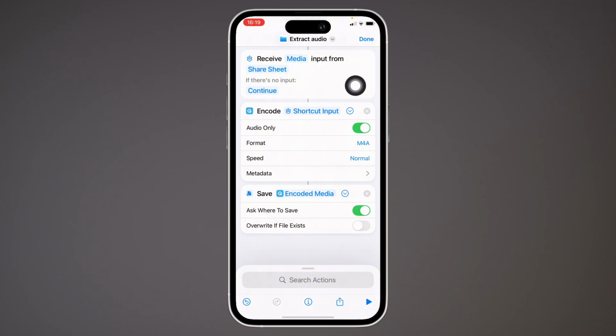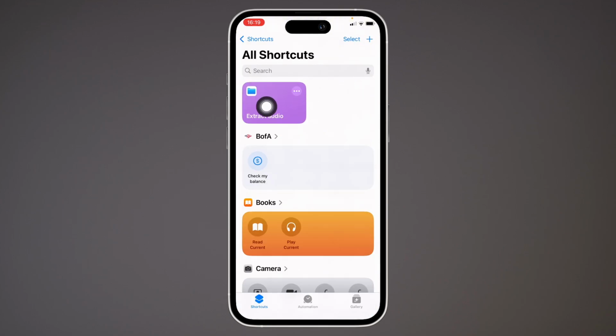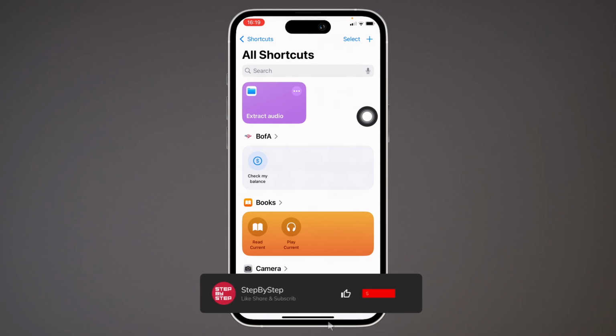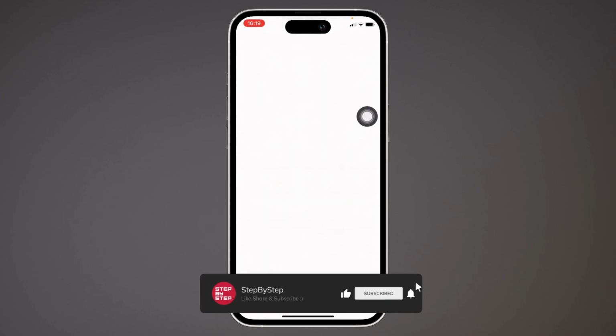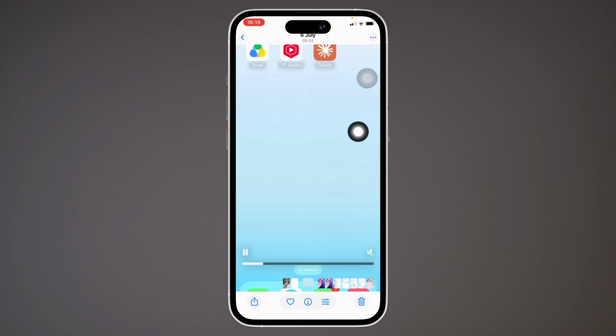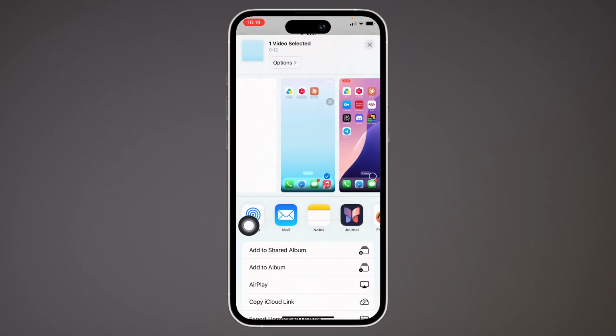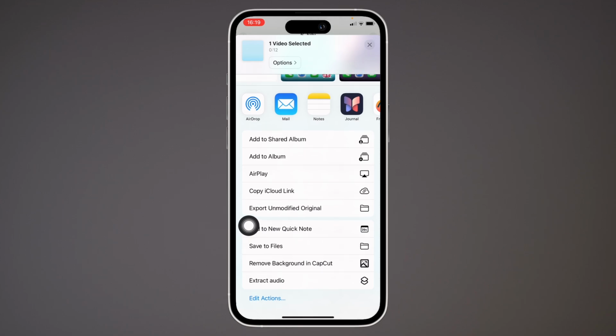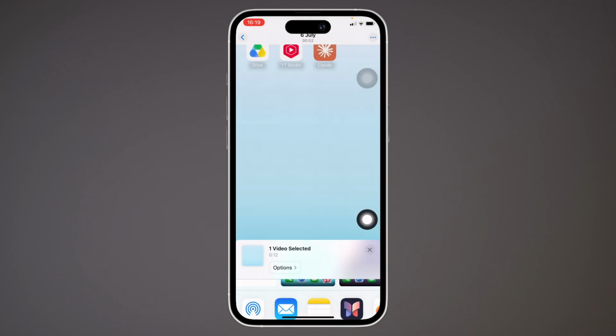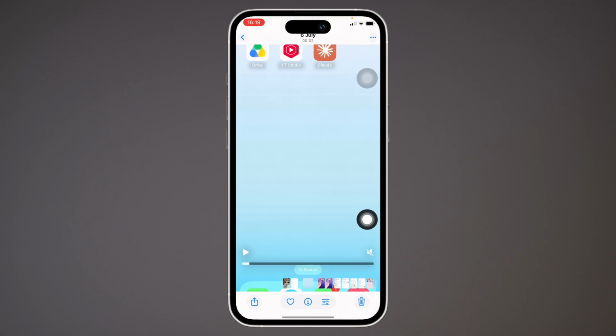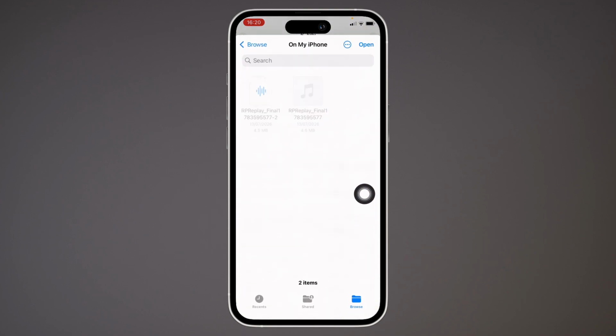Now tap on the done option on the top right of your screen, and as you can see here, the extract audio is ready. Now go ahead and open a video in your iPhone, and then go ahead and tap on the share icon on the bottom left of your screen, and if you scroll down, you will see the option for extract audio. So tap on the extract audio option you see there,